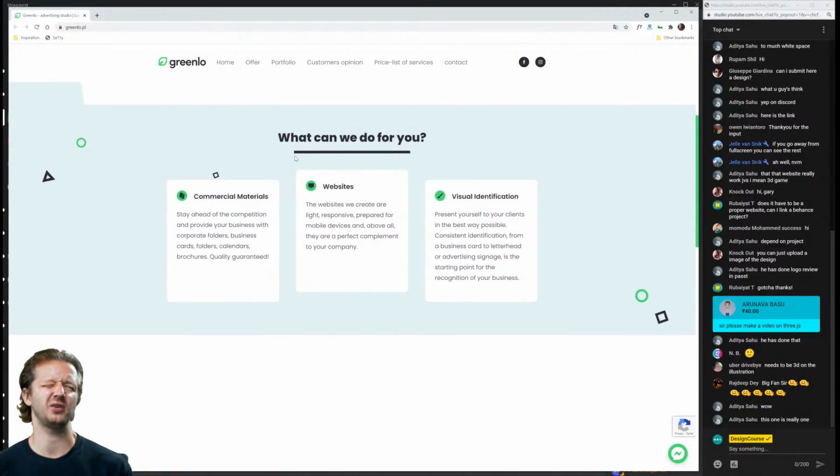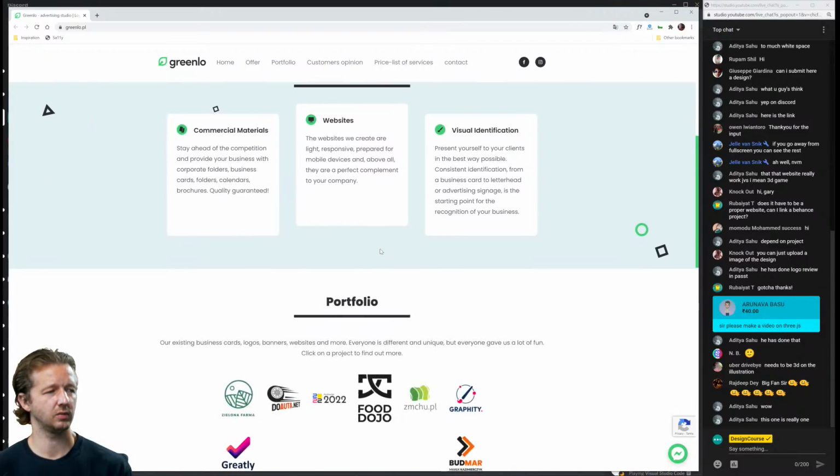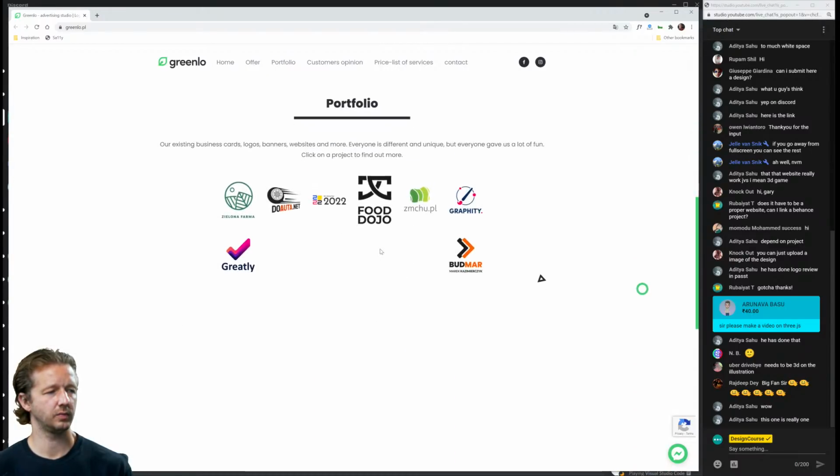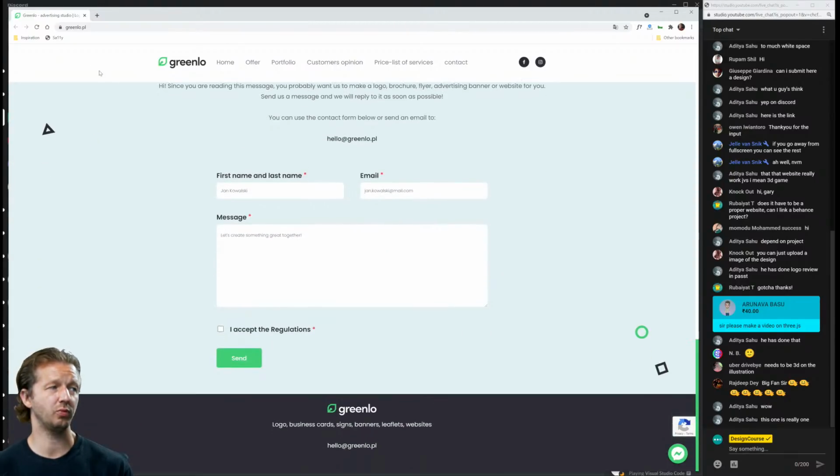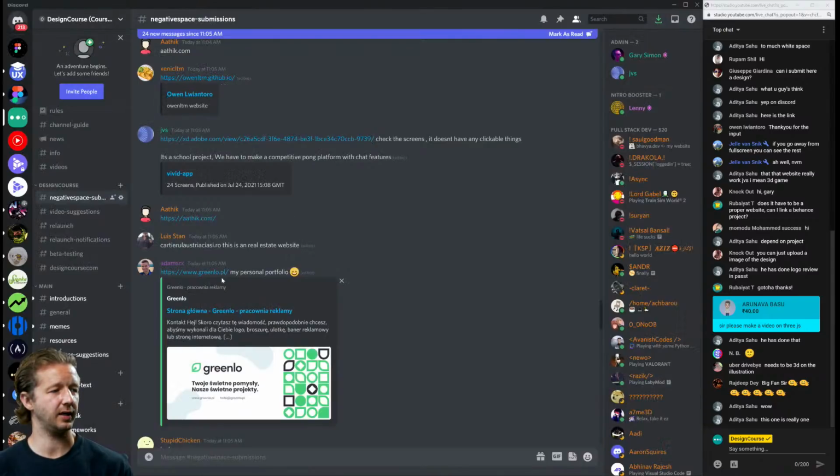I'd probably get rid of this underline, that big black underline. No, I think it's more of just a distraction. I would definitely try to put these over here, this one over here, just have one row instead of having this down here and this down here. You have enough room. You could even do like a carousel type thing if you wish, or some type of slider. All right, overall pretty solid. I like it. Next up,